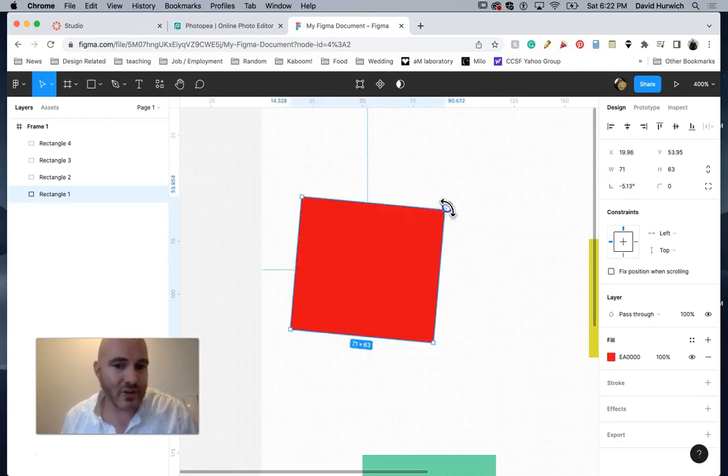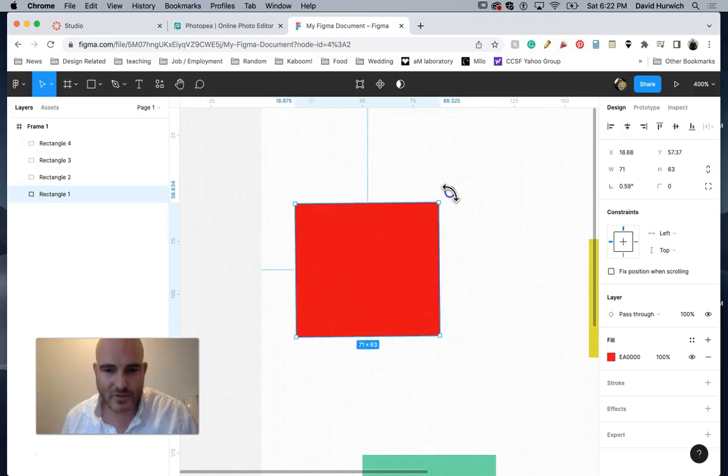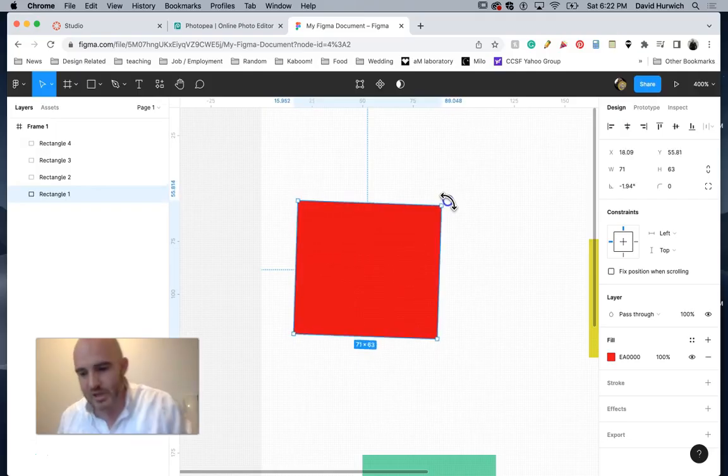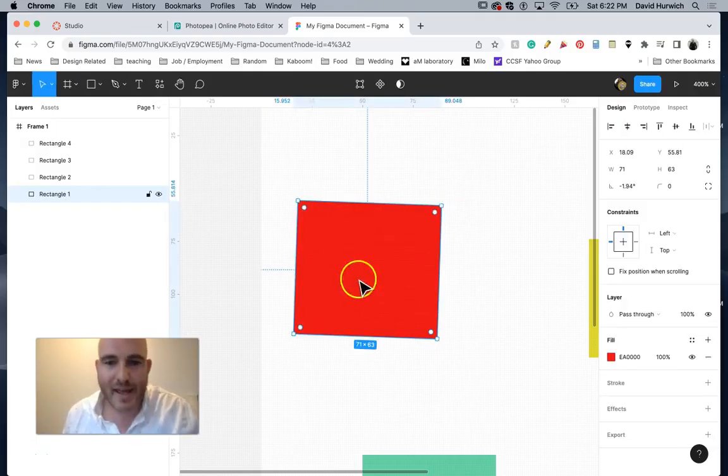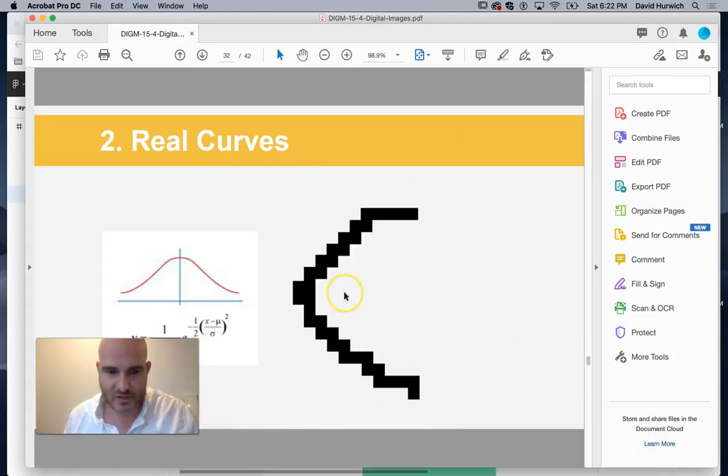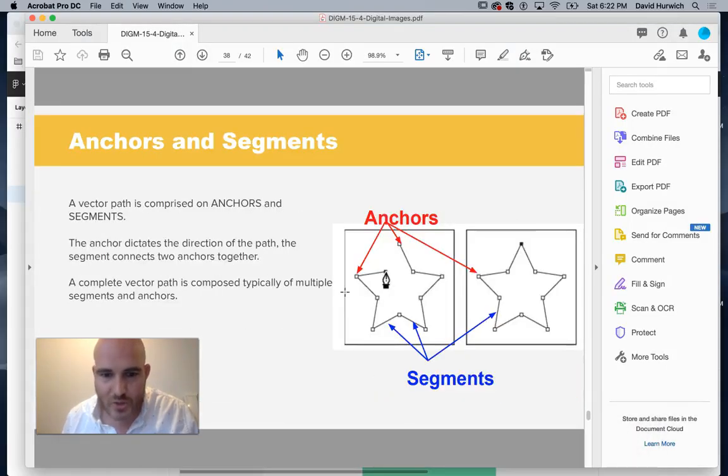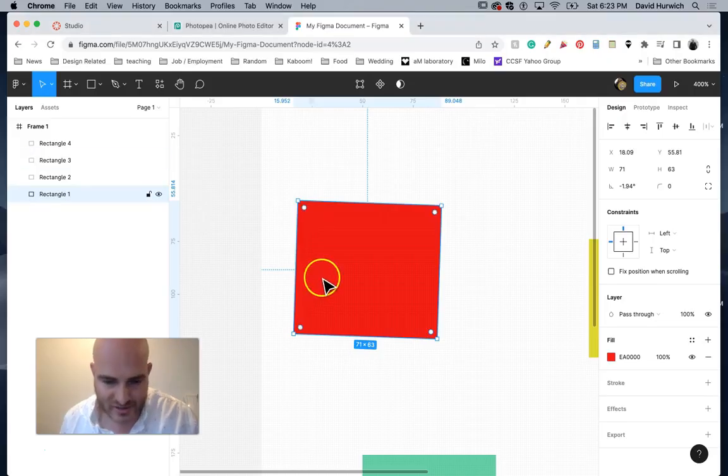This is similar to the crop tool we talked about. I might want to edit the parts of my shape, the parts of my vector. The way that it works is that vectors are made up of what are called anchors. The anchors are between two lines, so this is what's called a segment. And the way you would access your anchors is,